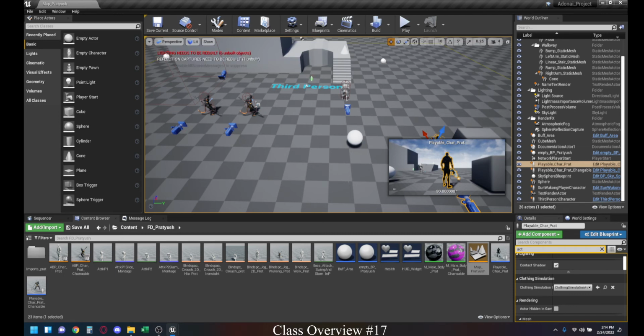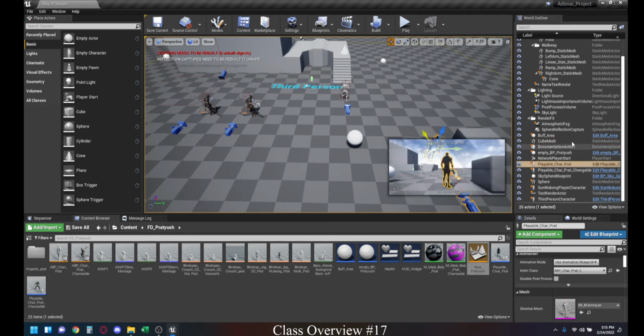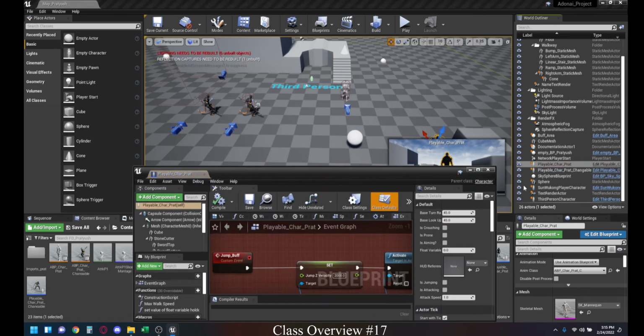Today we're going to be looking over overlapping components, how we can use those to generate events that can be used with pre-existing code. So we can start, deactivate, hide, etc. Just basically anything and everything you want code to do. It could just be another event that triggers it, as well as line traces. So the first thing you want to do is